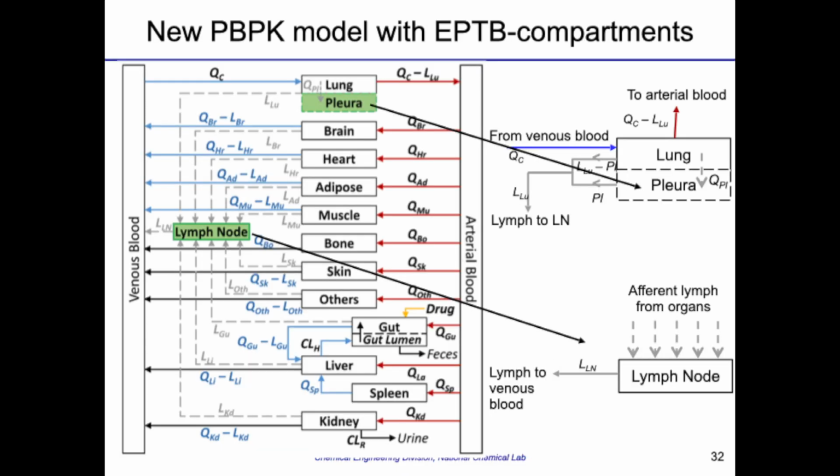So to this end, what I will present now is a model which is new in the sense that it includes compartments associated with extrapulmonary TB that were not present in the literature. Okay? Now this kind of model is called a physiology-based pharmacokinetic model, where the whole body is thought of as